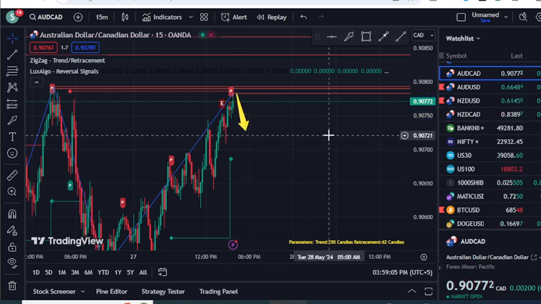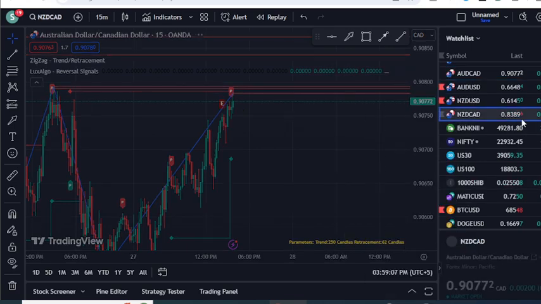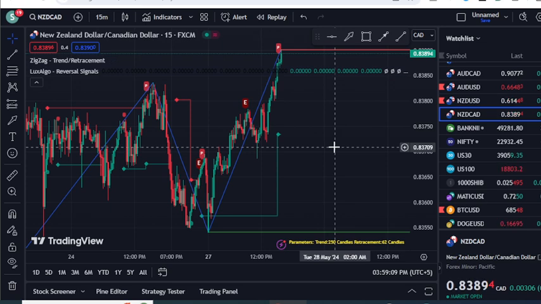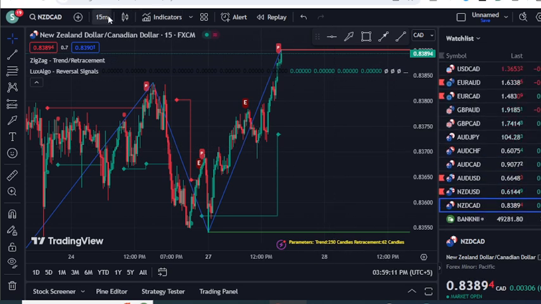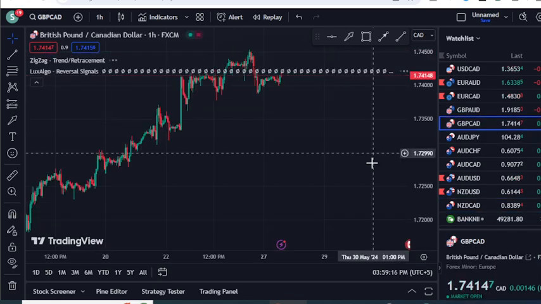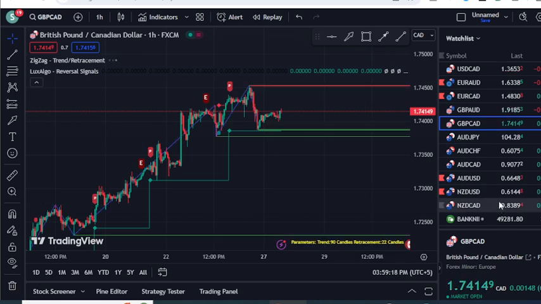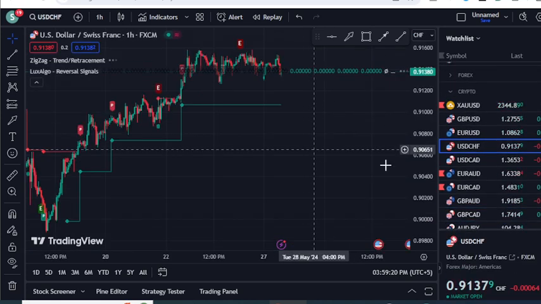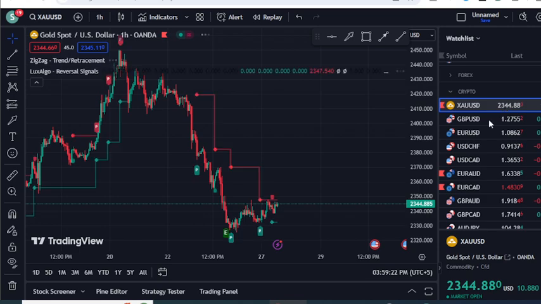This indicator is more recommended for scalping, but if you are going to trade higher time frames, like 1 hour, then you can do swing trading with this indicator as well. This is a very good indicator that provides you good buy and sell signals, and this is a must tool.